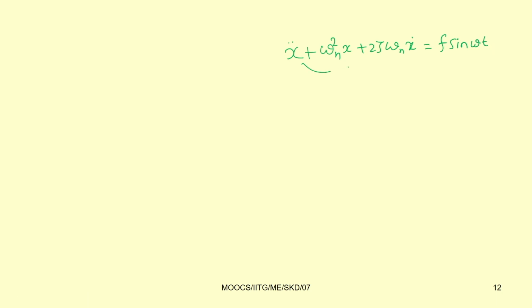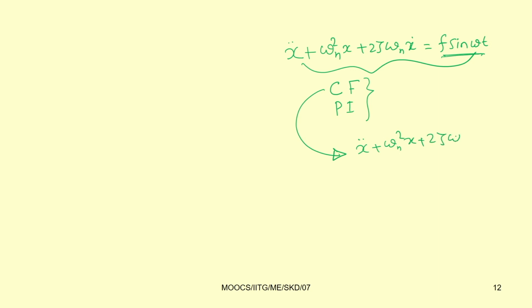So, the solution of this equation contains two parts. One is the complementary function, or CF, and another one is the particular integral, PI. The complementary function is the solution obtained by putting the right hand side equal to 0. So, you can obtain the complementary function by solving this part: x double dot